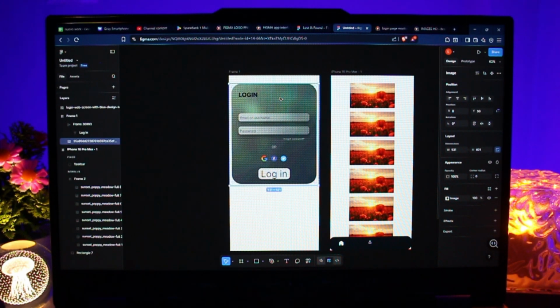Then once that's done, on the right sidebar, you'll find an option that says constraints. Inside constraints, you'll see a checkbox that says fix position when scrolling. Simply check that box and enable fix position when scrolling, and you can also just simply select the image